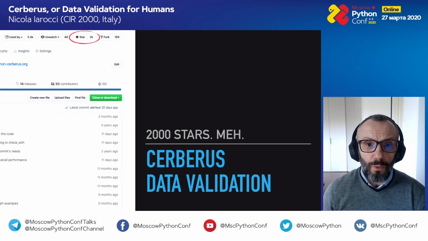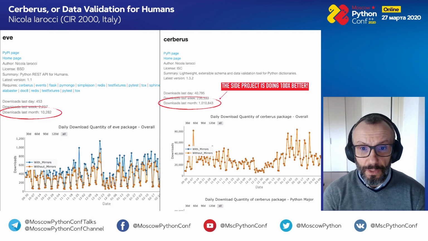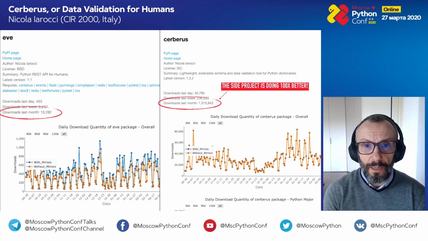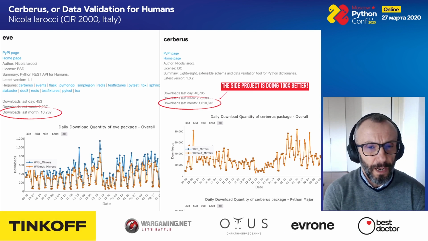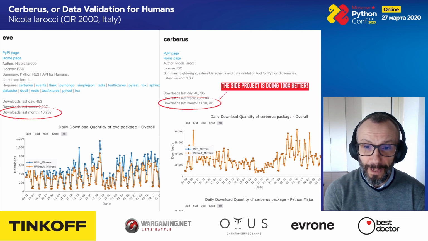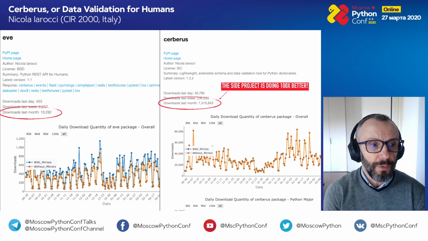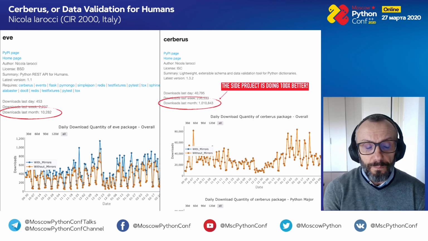But if we go and look at the data and the stats, we have quite a different story. This data is from, I think it's called the PyPI Stats website. It's been available for a while. It didn't happen to be available for many years, but now we have the hard data. We can see on the left the number of downloads that Eve is doing every single month. It is quite a high number. I'm very happy about it, 10,000 downloads per month.